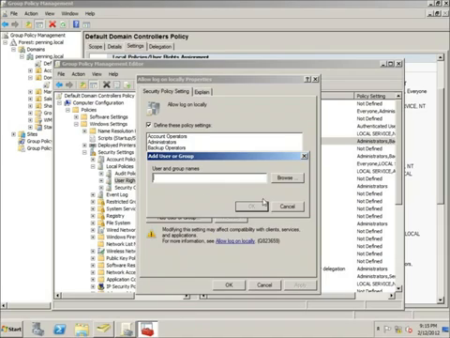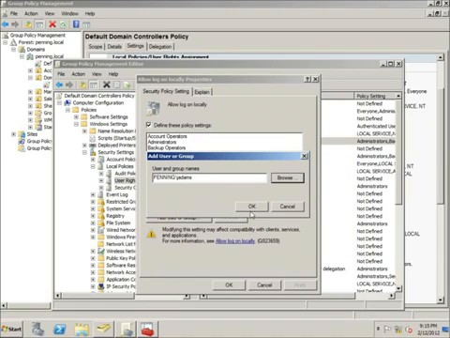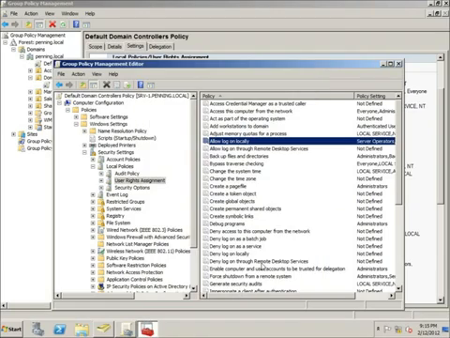I'm going to hit browse, and that allows us to type it in here, and then I can hit check names, and there it is, John Adams. I'll hit OK, and there it is, our user gets filled in for us, and now John Adams, or J Adams, his login name, can log on locally to this computer. I'll hit OK. I also want to have the ability for him to log on through remote desktop, because typically